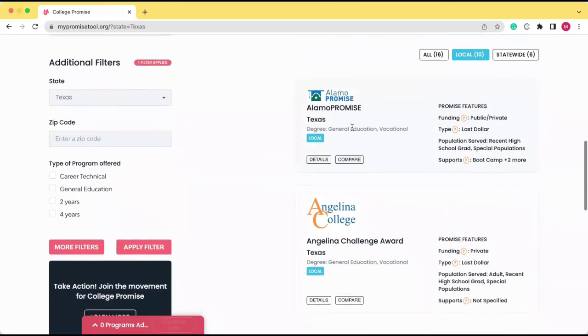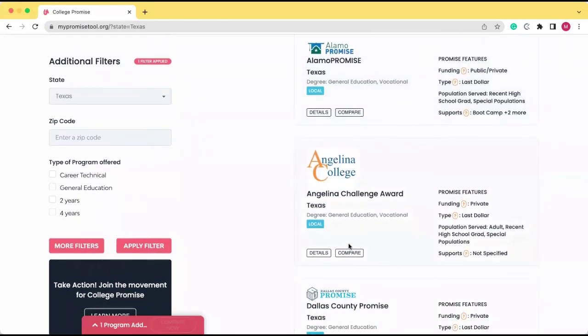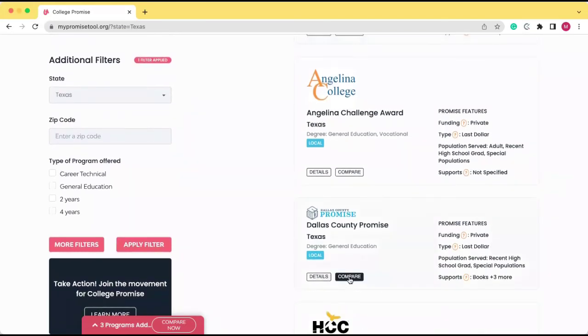So for instance, if I'm in Texas and I'd like to compare programs, all I have to do is hit compare. And as you can see on the left-hand side, my queue is building for my comparison tool. And I'll click compare here at Dallas.